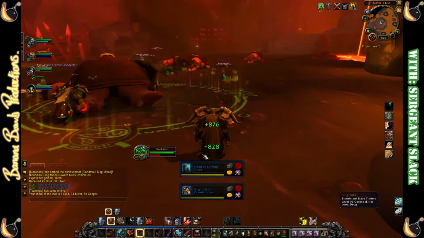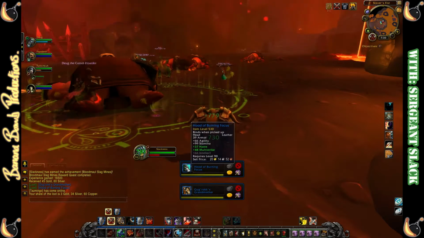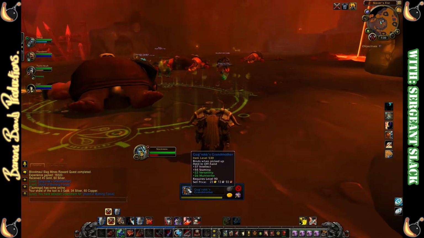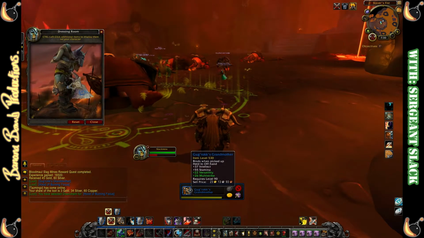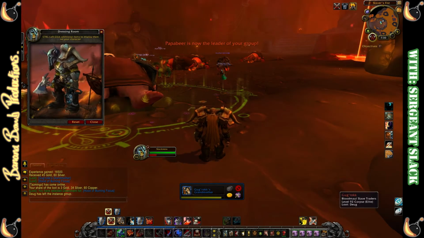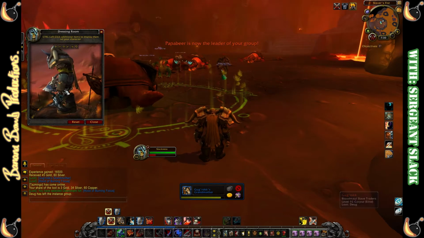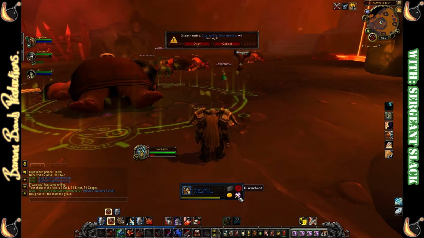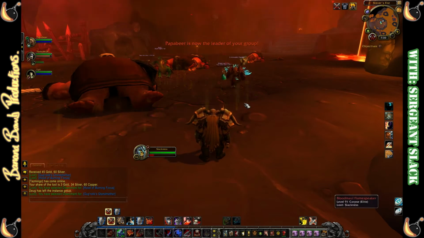Excellent. Bonus stuff. Hood of Burning Focus. Don't need that, it's leather. And Gugrok's grandmother. What the... Wow, a little head. That's creepy. Creepy as. So there you go, guys. That was